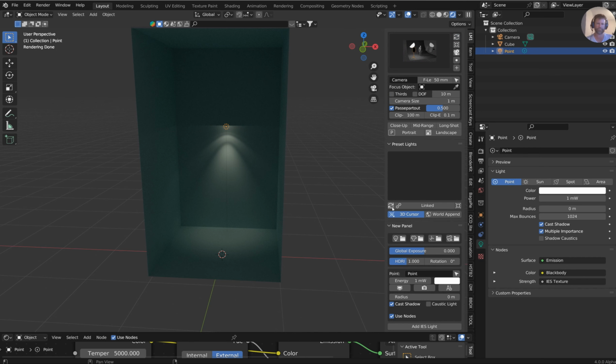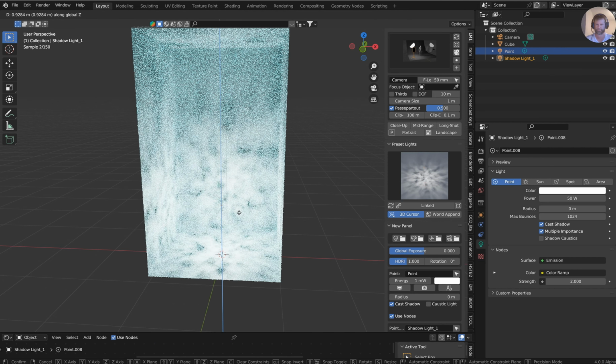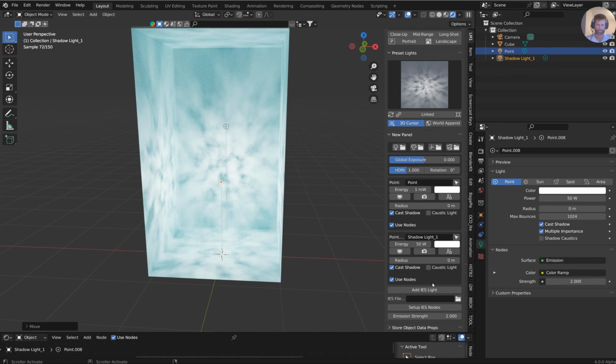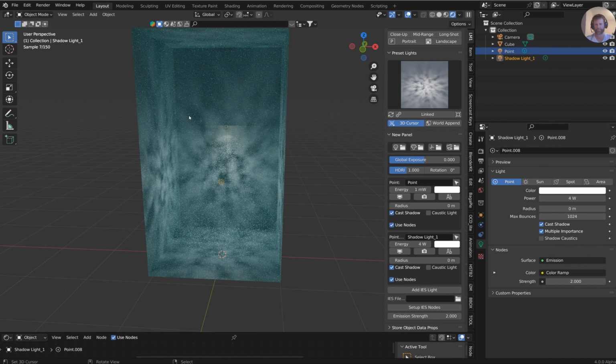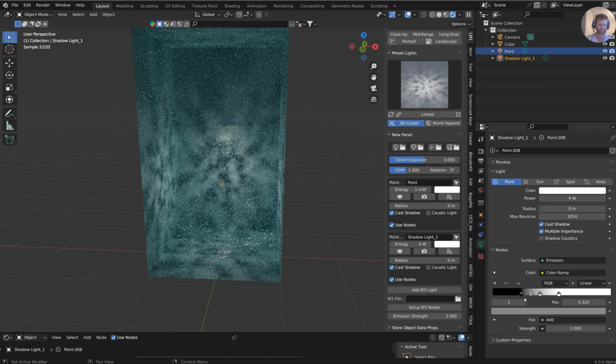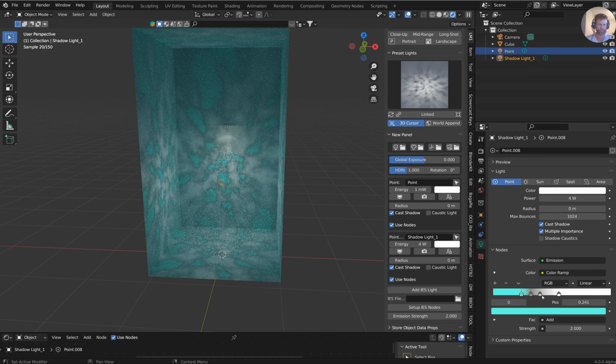I do have this one light set up right here for the shadow light, which is pretty darn cool. You can create facade backgrounds with this one and a lot of different things. And of course, you've got the Alt X, so you can bring these lights up and down. Once you've got that light in there, you can go over and do some modifications with this and change it around. You could add a bunch of different colors to it, change all the colors really quick, and add some very neat